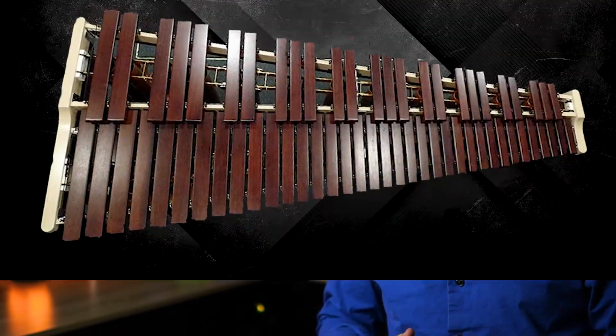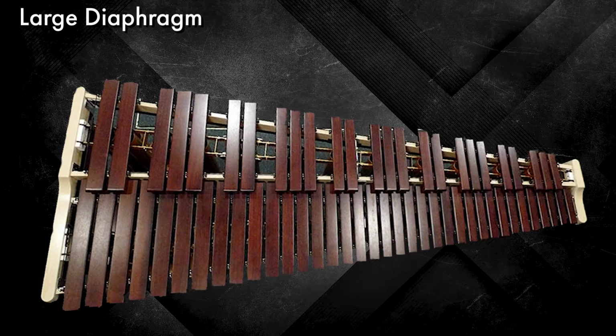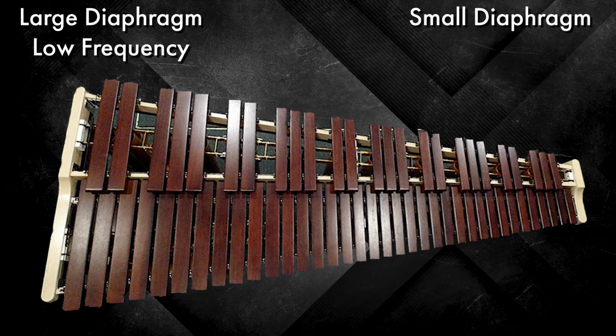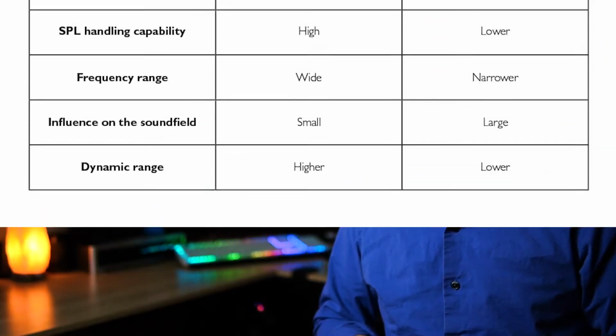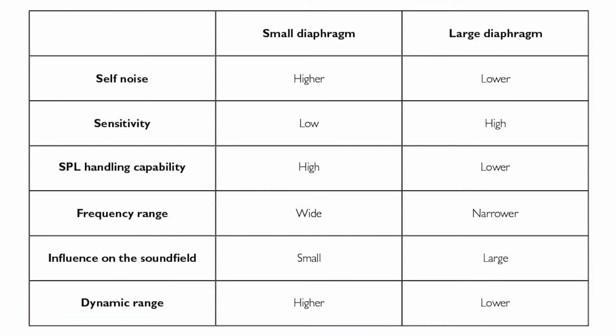If you ever get confused about which one's which, think of a marimba bar. Large diaphragm, large bar, low frequency. Small diaphragm, small bar, high frequency. I found a really helpful chart that lists the various differences between large and small diaphragm microphones, which I'll link